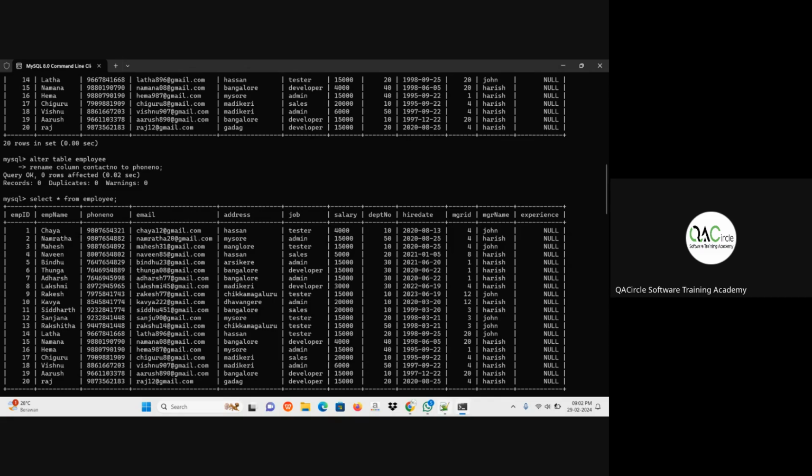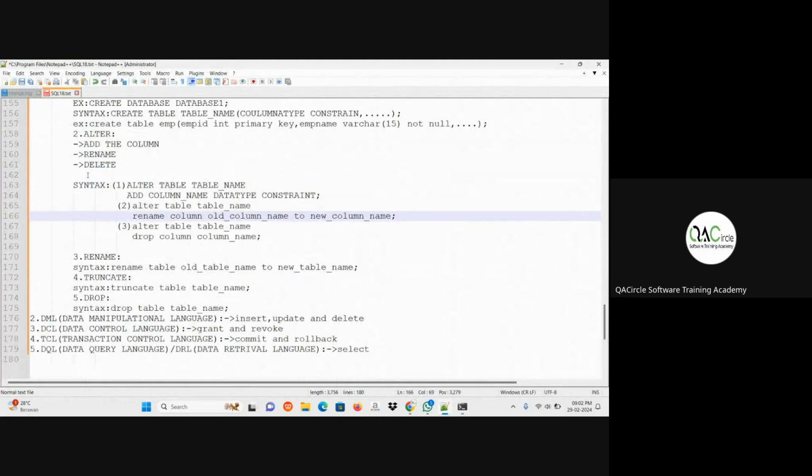Okay. Take down the next point, that is delete the column.